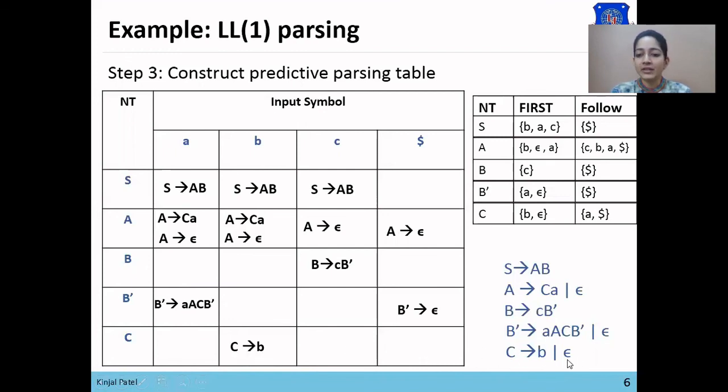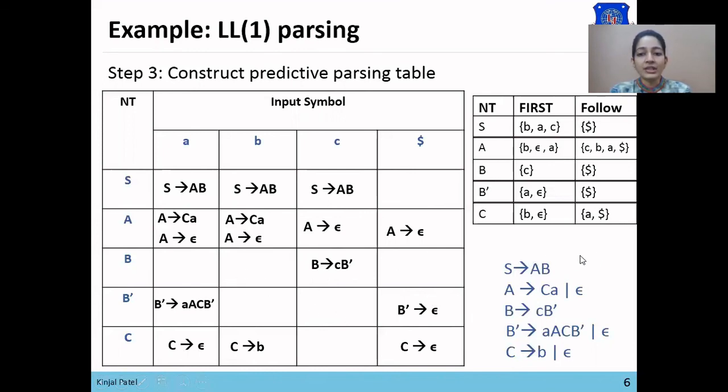And C derives null. As C derives null, we'll check for the follow of C. Follow of C is A and dollar. So C derives null will be added in A and dollar. From C to A, C derives null will be added, and from C to dollar, C derives null will be placed. So here we have made the entry of each production rule in the parsing table.